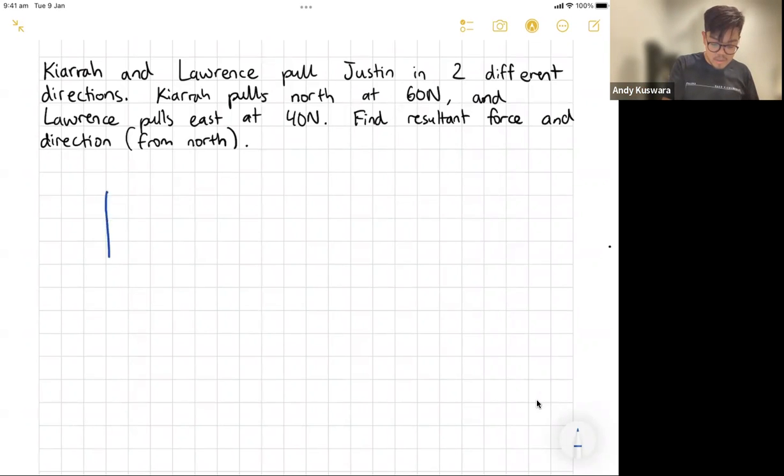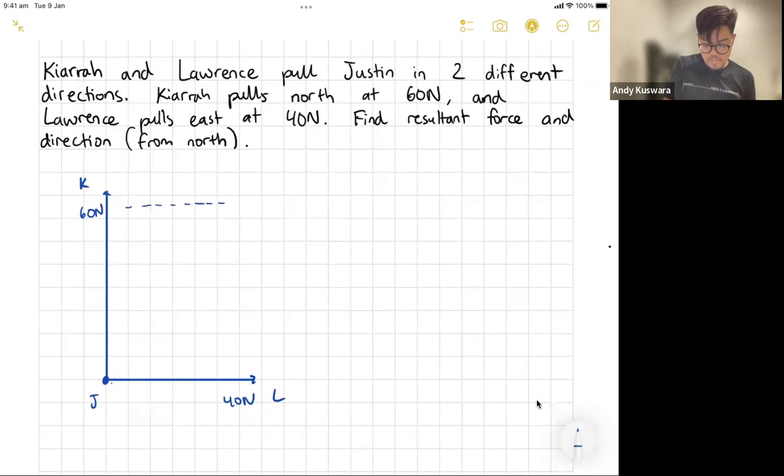So here again, I'll draw a diagram. And here, most things are kind of labeled. So let's say, for example, there's Justin. And Chiara is going to pull in this direction, and Lawrence is going to pull in this direction. Now we know Chiara pulls at 60 newtons, and Lawrence pulls at 40 newtons. Now, if we were to line these up, approximately something like this, we can see here that the resultant force